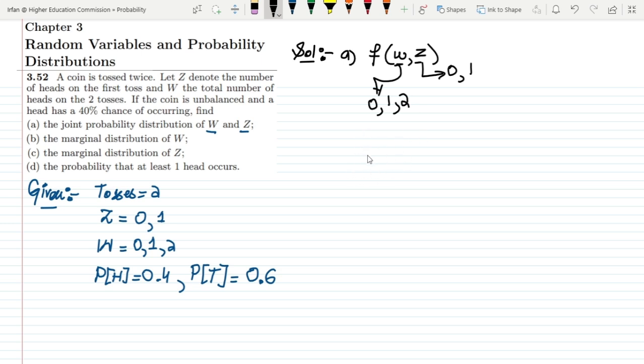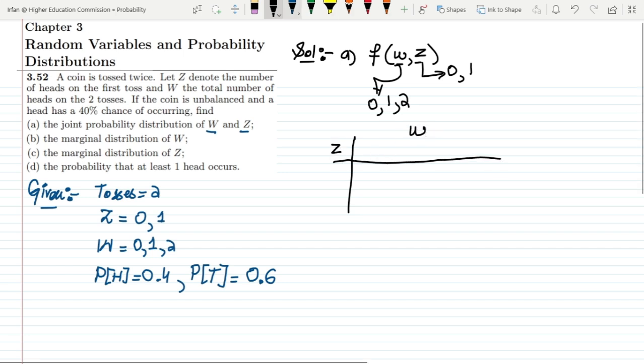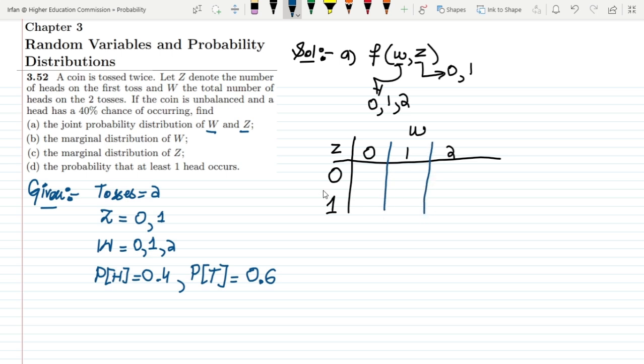So for this also, let us have a table, and here let us have Z and here W. The Z values are 0 and 1, while W's are 0, 1 and 2. Also, let me draw it here as well. It is like this one. Now in order to find the probability